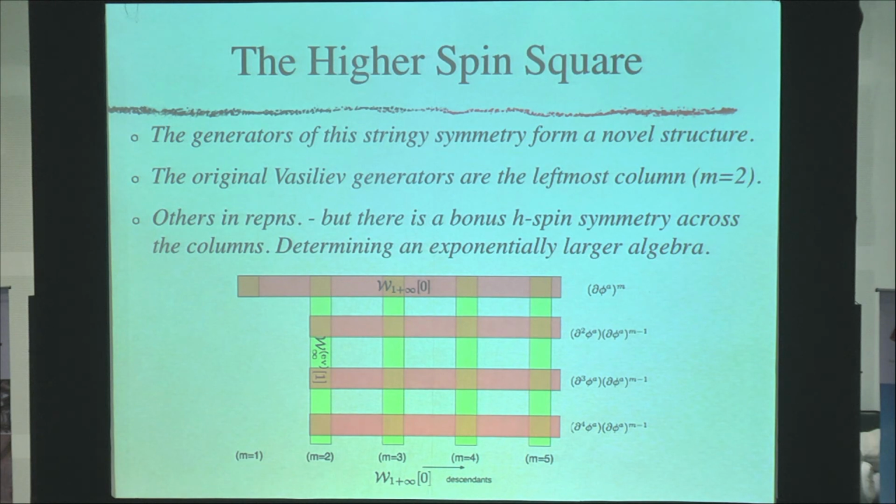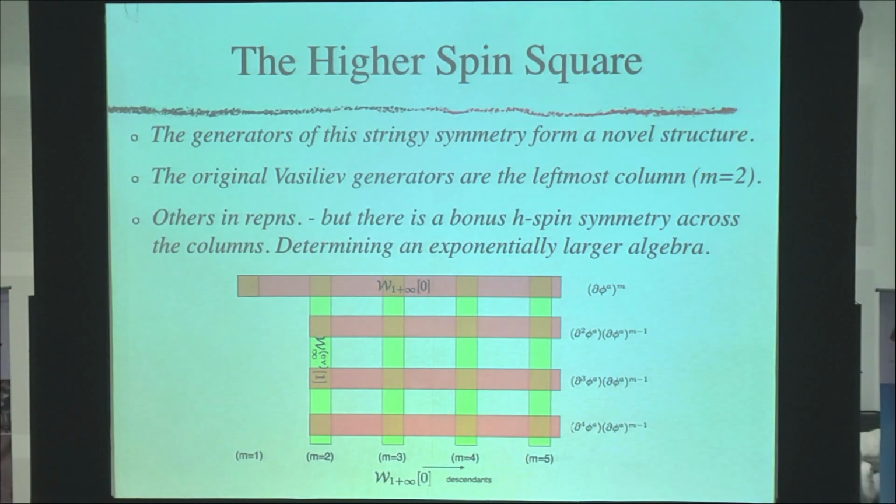But when you do that, you notice that there's actually a bonus higher spin symmetry which acts across the columns. So there's an extra higher spin symmetry which acts in a sense horizontally, whereas the original one acted vertically. And these two higher spin symmetries in some sense generate an exponentially larger algebra, this whole stringy symmetry algebra, which we call the higher spin square. So there's a very neat structure when viewed from the lens of these higher spin symmetries for